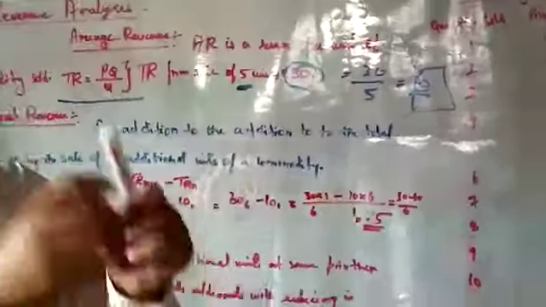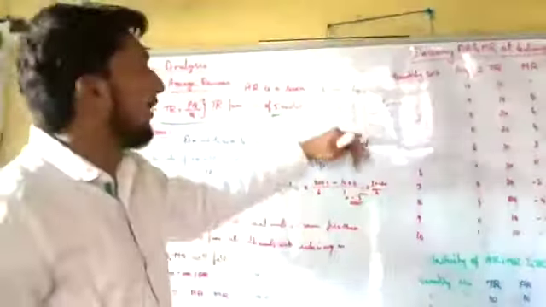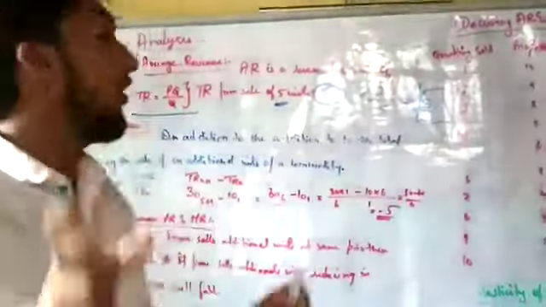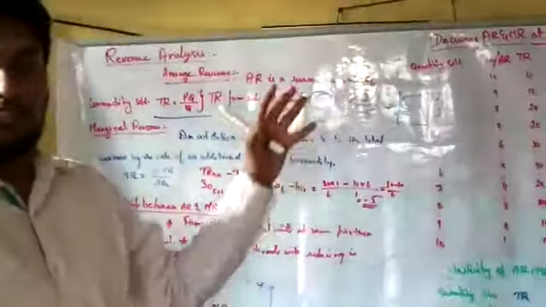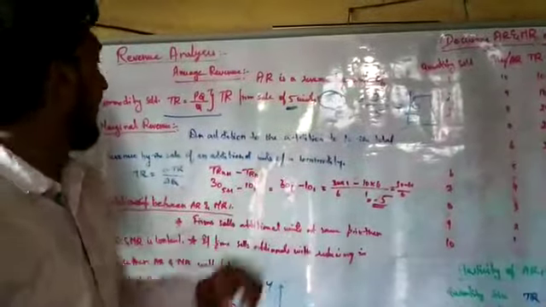So there were 5 total units and 30 rupees total. When you divide it, you will get the average, the average revenue per unit we are going to sell. That is what we call average revenue. You take the total revenue divided by the quantity, and you will get the average for it. Okay.